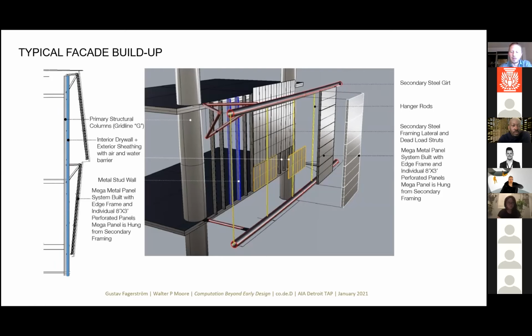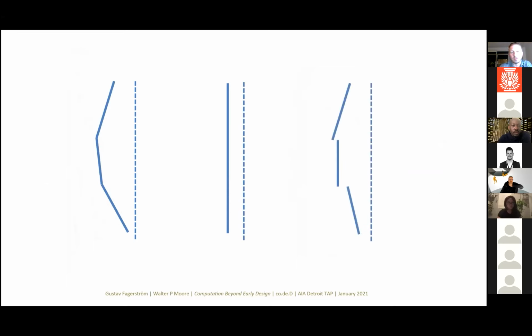The primitive version here is basically you have the dashed line, which is your climate barrier, and the blue kinked line there is your visual skin that's seen from the outside in a complex shape. In the middle here, those are very simple, those are parallel, and then what we ended up doing so they can actually be split into manageable parts that can be assembled, transported, and installed. This is actually what comes out.